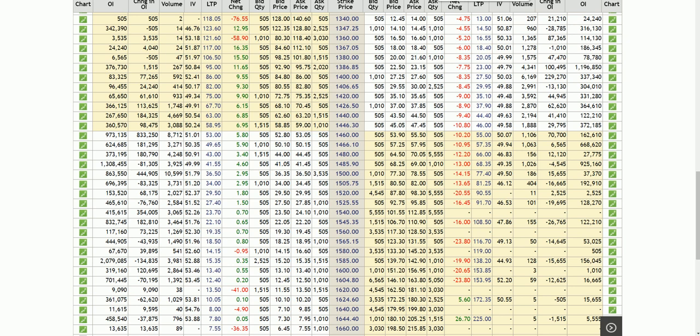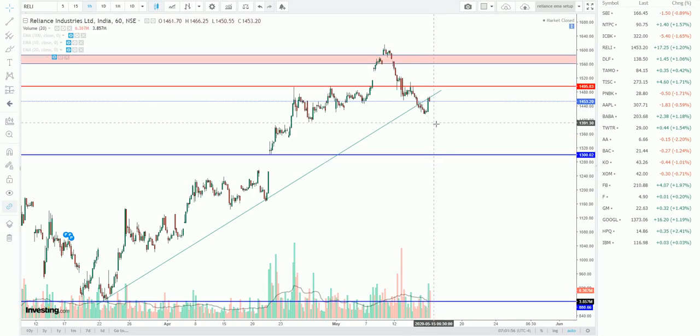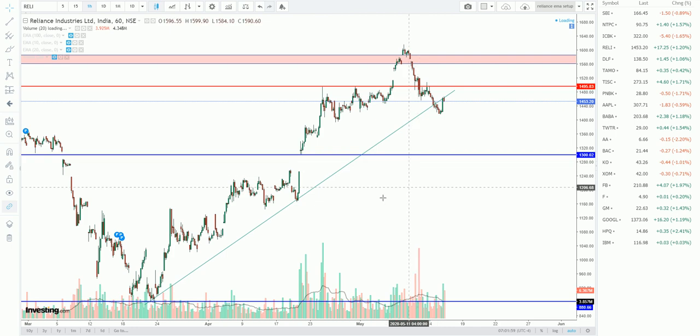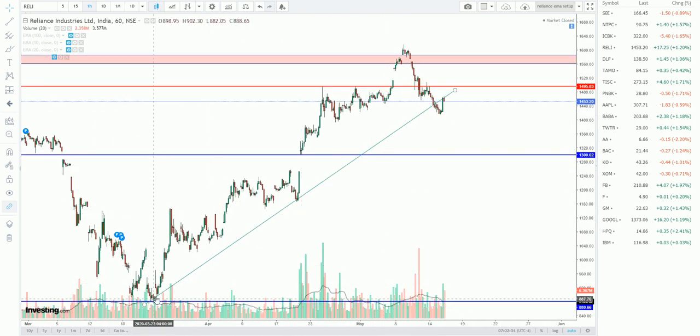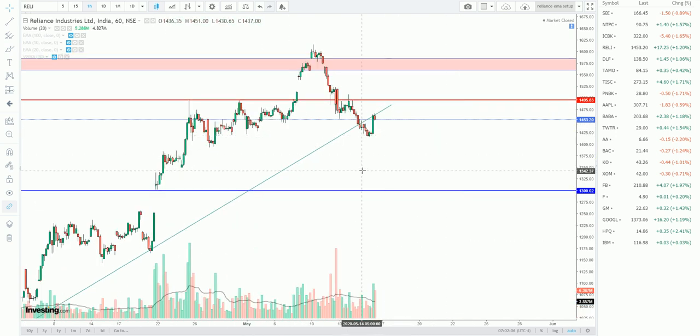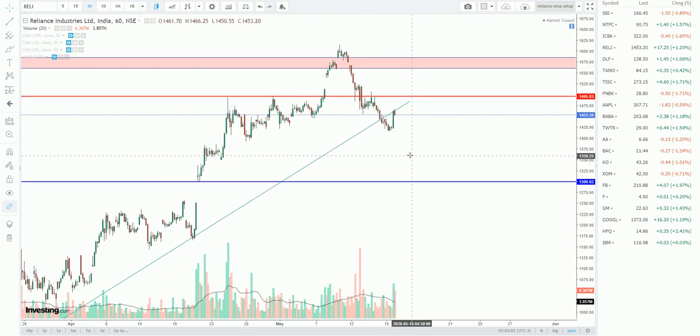Now we move on to the intraday setup here. This is a 1 hour chart. So in the chart you can clearly see there is a trend line where the price is getting rejected, whether the movement comes on the bearish side or the bullish side. But the option chain is confirming that 1400 is acting as a strong support for this month, and 1495 to 1500 is acting as a strong resistance. So it will move in this range as of now.